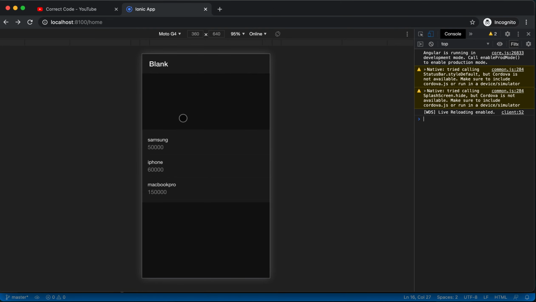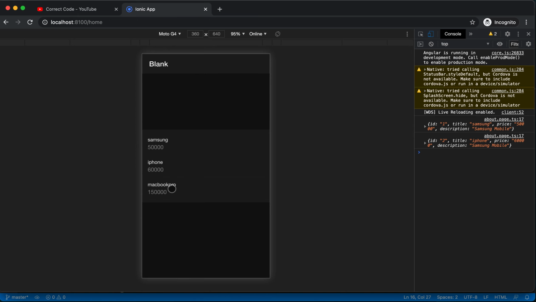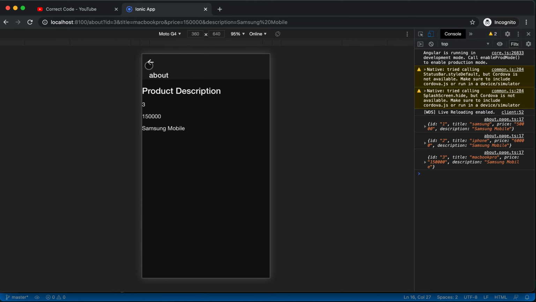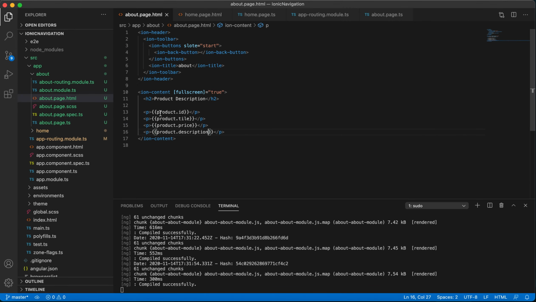Now you can see, right? See Samsung. We have got the ID, price and the description of the Samsung. Now if I click on iPhone, I am getting the iPhone. If I click on MacBook Pro, I will get the MacBook Pro. Here something is missed, that is title, a spelling mistake.